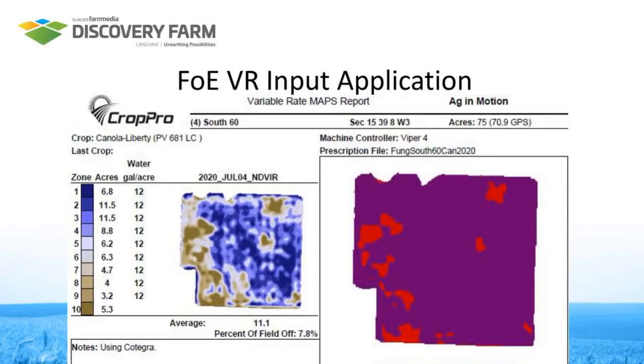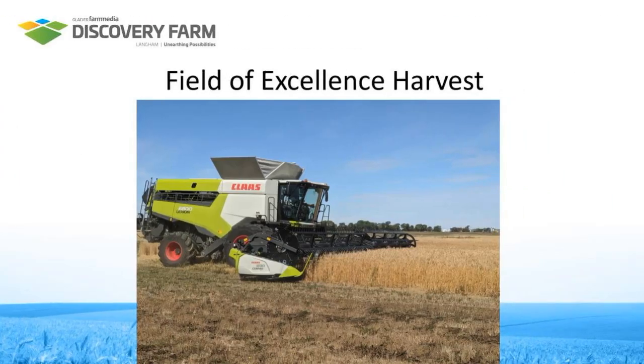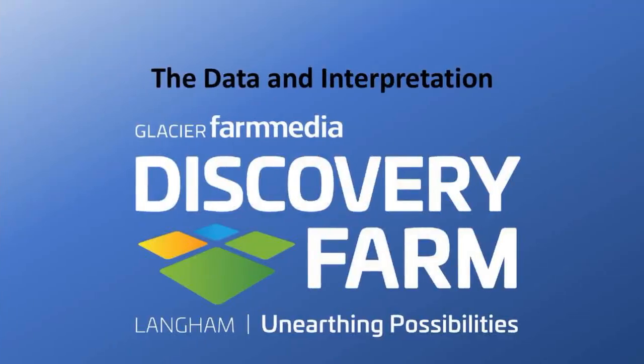And finally, in the canola field, the same process here. By shutting off that prescription, you save nearly 8% of the product being applied in the field. And then it came to crop harvest, and we were thankful to partner with Kloss for providing the harvest equipment for this project.